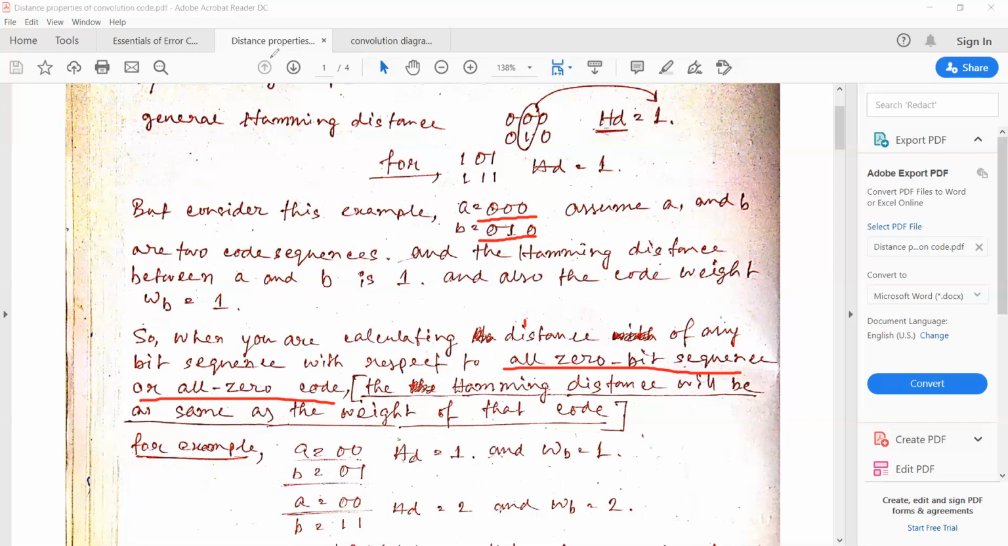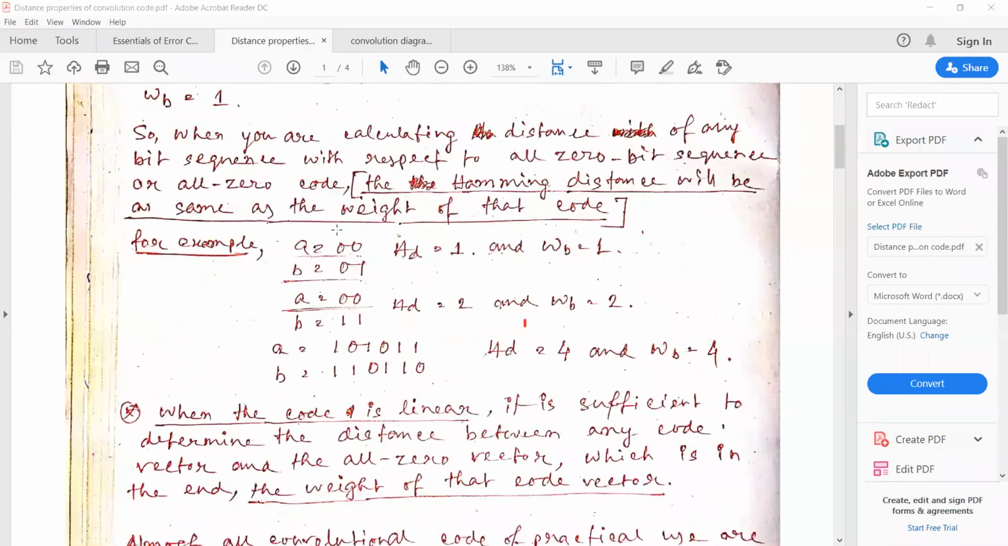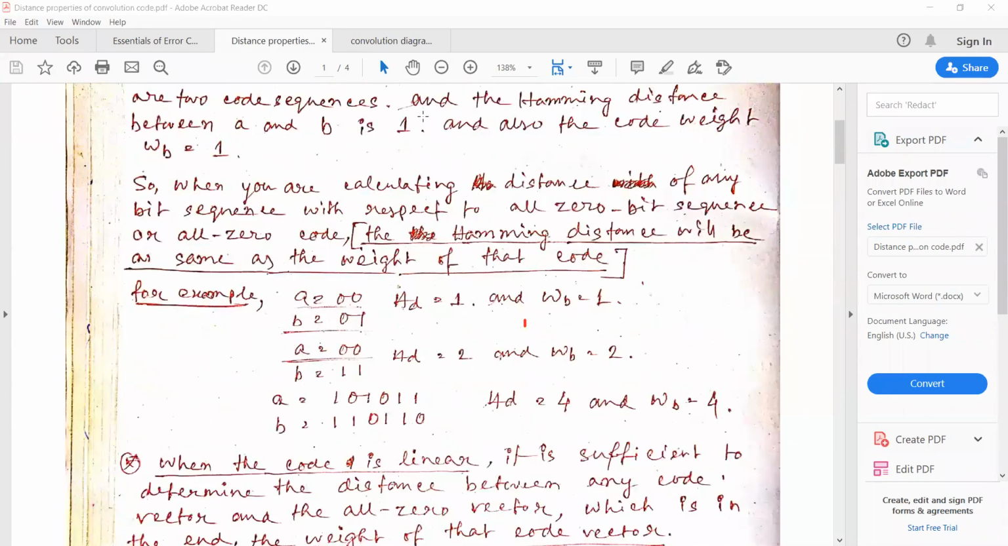In this way, I'm taking another example for your understanding. Let me erase it first. Suppose I'm taking A equals 00 and B equals 01. So what is the Hamming distance? Hamming distance equals to